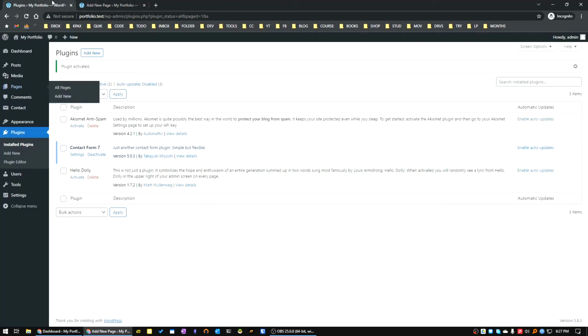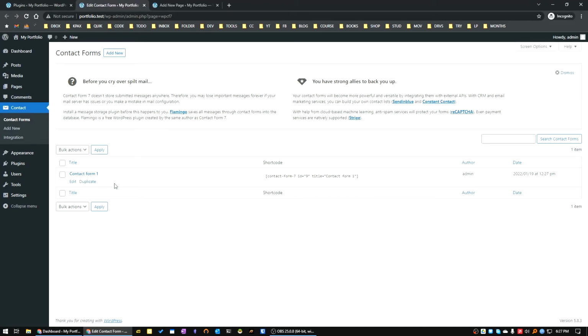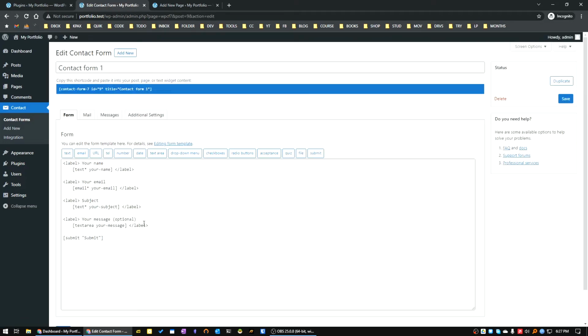Let's go to the plugin settings area. You can see here is a default contact form already. Okay, let's edit this one. We can see the contact form will take your name, your email, subject and your message. Okay, we are fine with this. Save it,